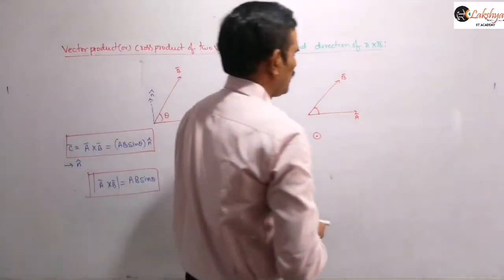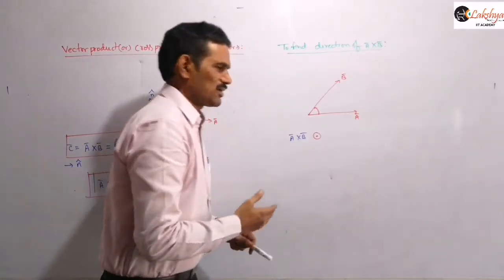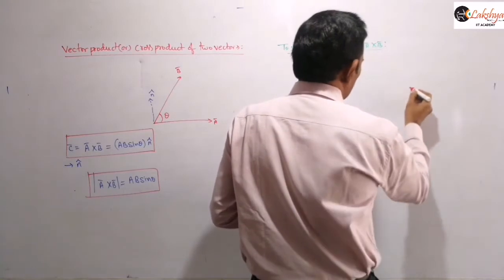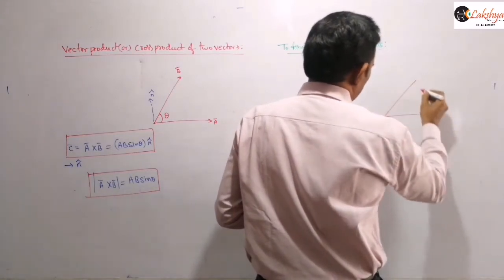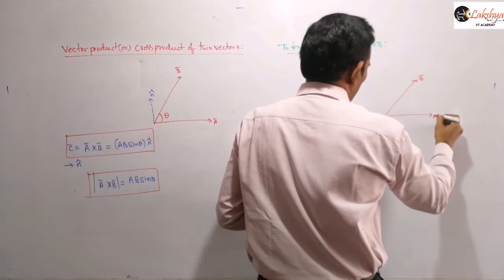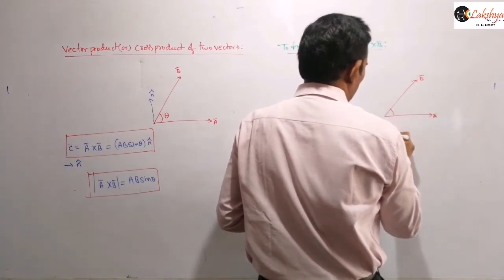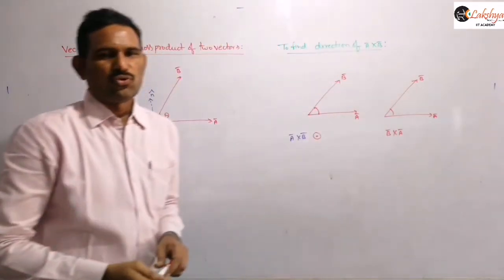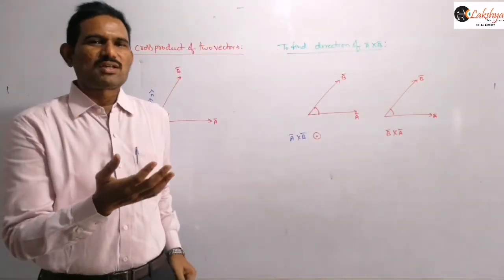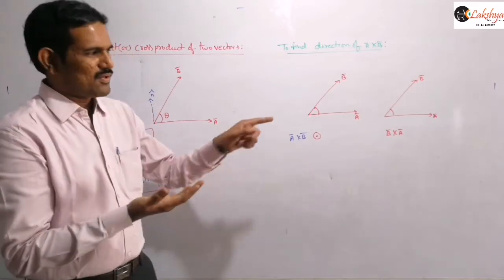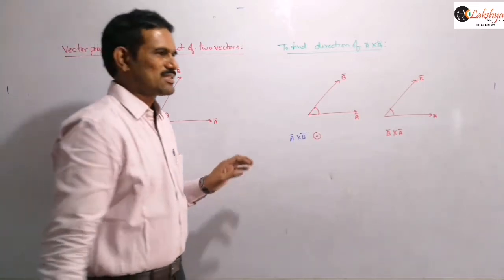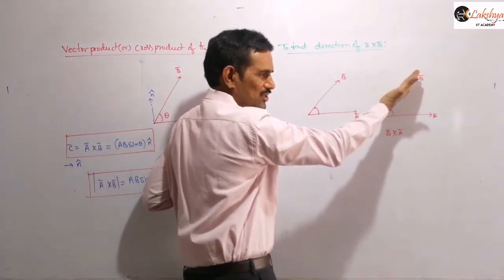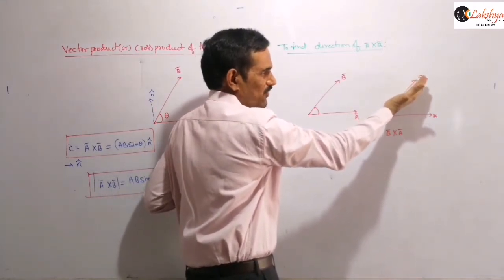Now, for example, you may mention that A bar cross B bar will be out of the plane. And suppose I am finding the direction of B bar cross A bar. Again our rule will be the same. We should place the four fingers parallel to the first vector. Now our first vector is B bar. So for example I am placing like this. Now the four fingers are parallel to this B bar. Now if I am closing this,